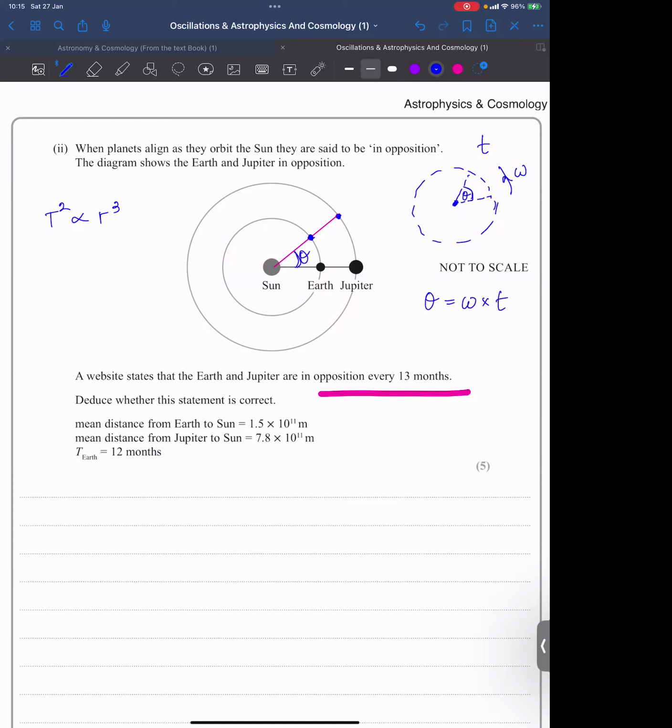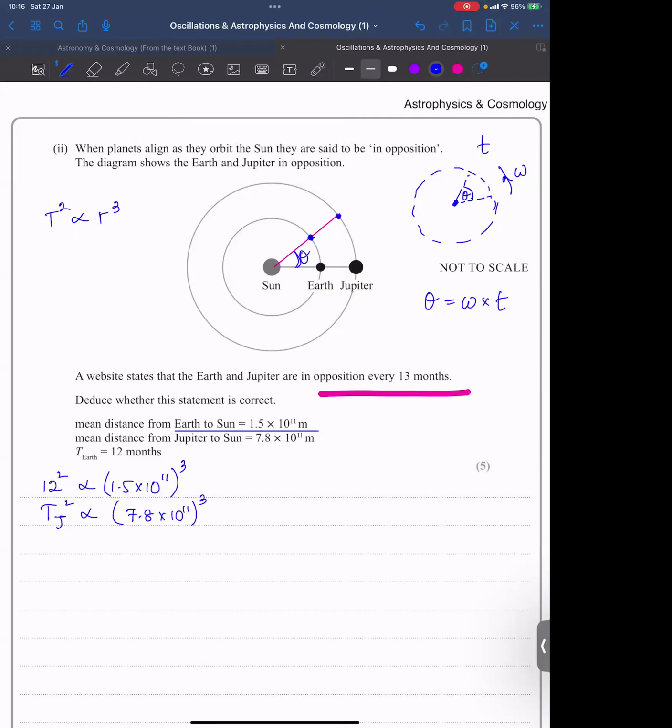Okay, first let me try to get the time period connection. T Earth square, 12 square, is proportional to R cube. The mean distance of the Earth to Sun is 1.5 into 10 to the power 11, cubed. And the T Jupiter, if I take it as Tj, Tj square will be proportional to the distance from Jupiter to Sun, 7.8 into 10 to the power 11,